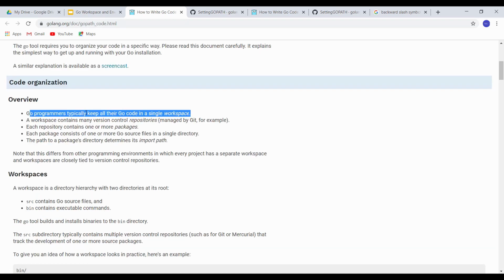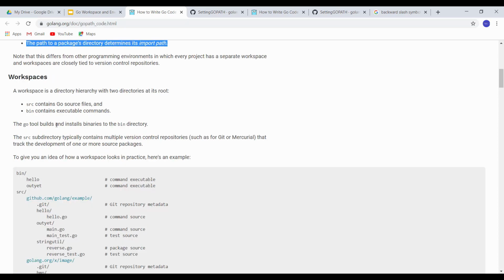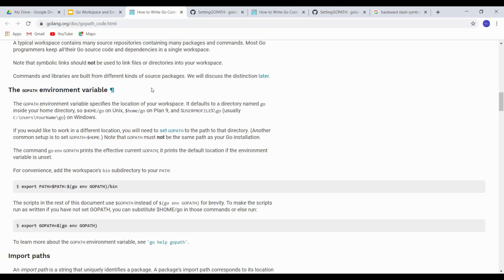Go programmers typically keep all their Go code inside a single workspace. A workspace contains many version control repositories. Each repository contains one or more packages. Each package contains one or more Go source files in a single directory. The path of the package directly determines its import path. So you can go through this. While changing your GOPATH, it must not be the same as your Go install directory.